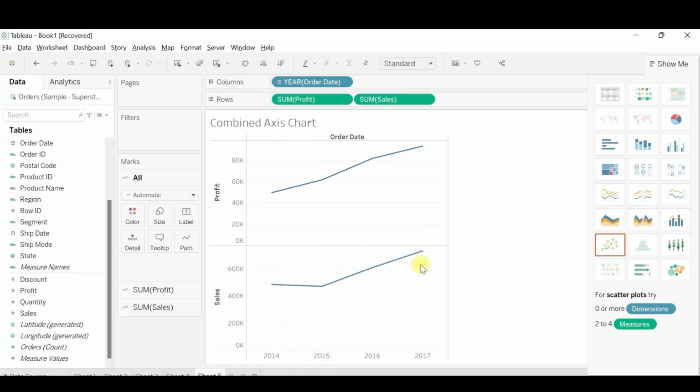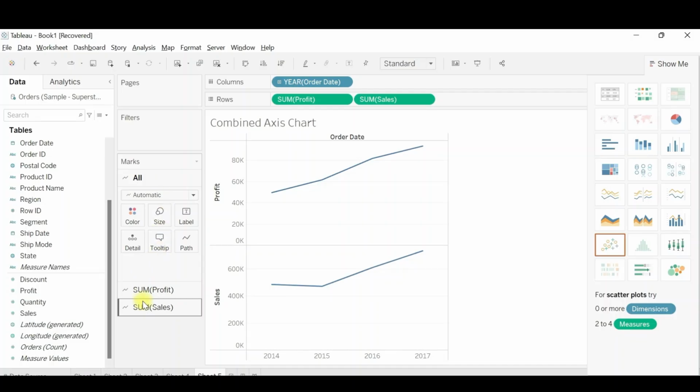Now, suppose I don't want, let's say, sales into a line chart. I need it in some other visual, let's say a bar chart. How I'll do it is, once I drag and drop profit and sales into this, the marks will show you one for all, one for sum of profit and one for sum of sales. Now, if there are certain changes that we need to apply to both the axes, the profit and the sales, I'll make the changes in the all marks.